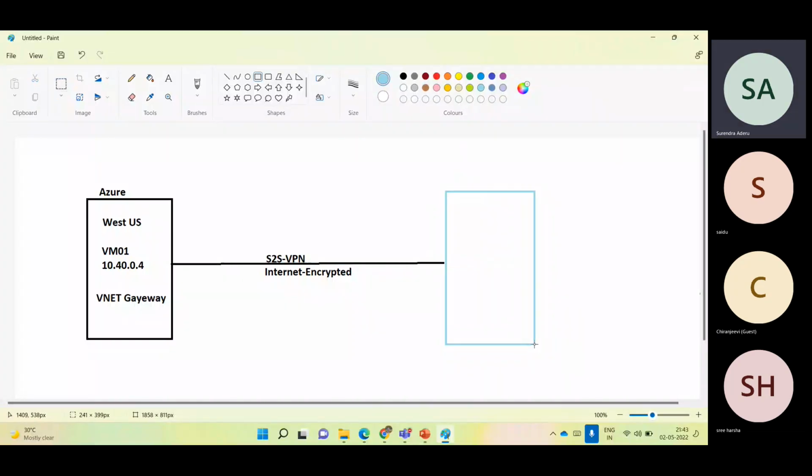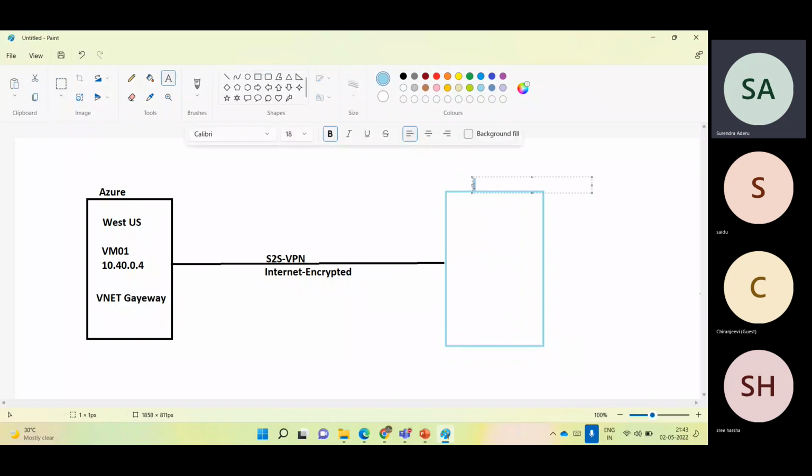Instead of on-premises, I'm going to use an Azure environment only. Let's say this is Korea Central, and here I will deploy VM02 with the IP range, let's say,